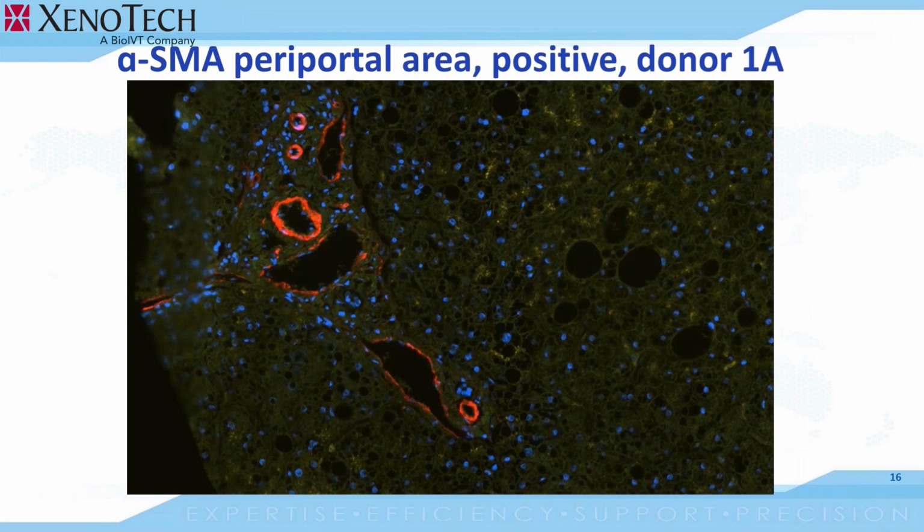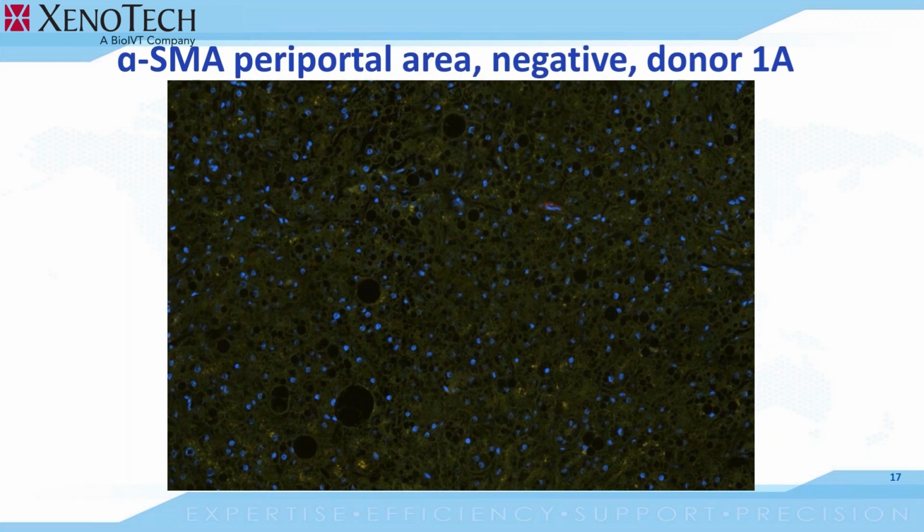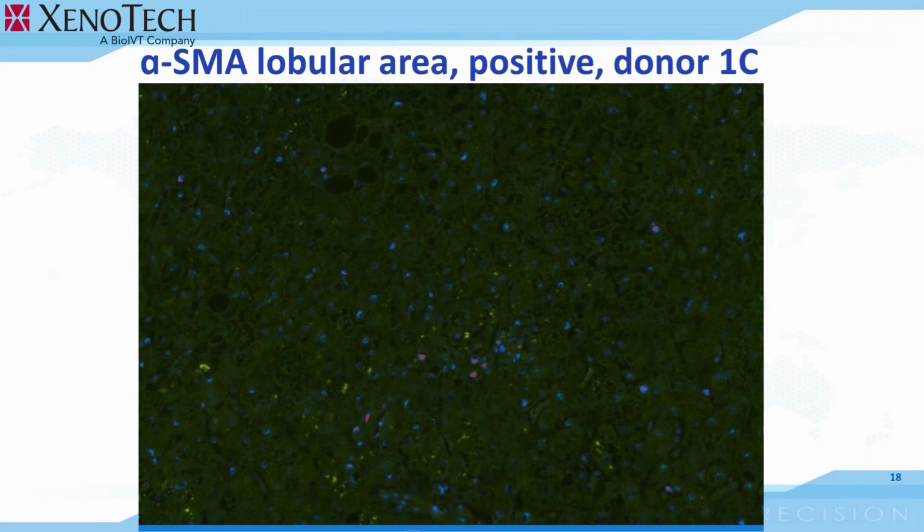This is a normal control that smooth muscle actin is present only in specific structures, such as those present in a periportal region or sometimes in mechanical support structures in the liver. From the same donor and the same slide, we have another view of the area away from these structures that normally express smooth muscle actin. And again, this is an area that is negative for this particular marker. But in contrast, in other specimens of the array, multiple cells expressing the marker are observed. And these are small